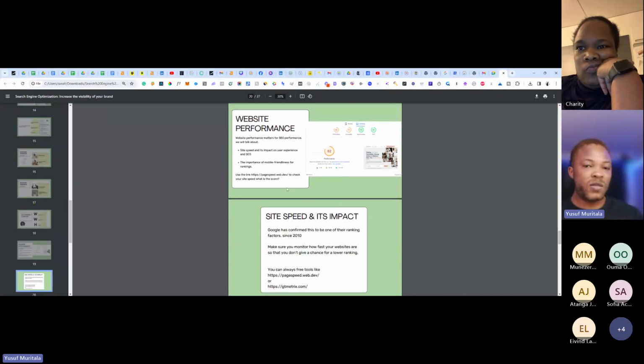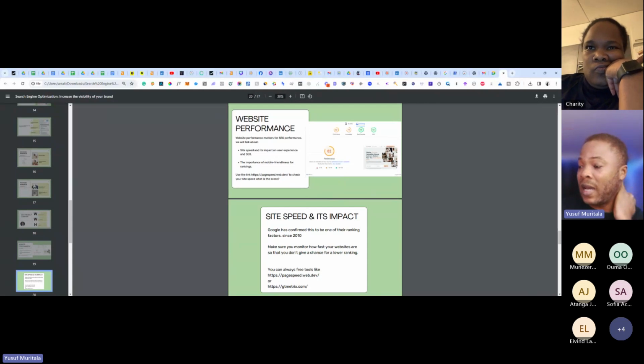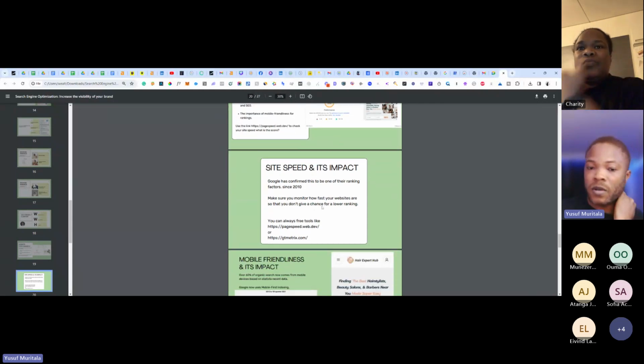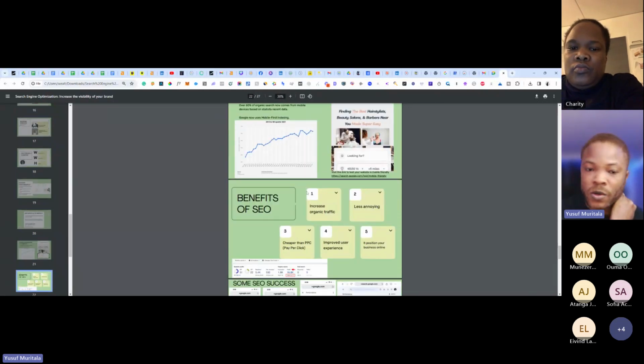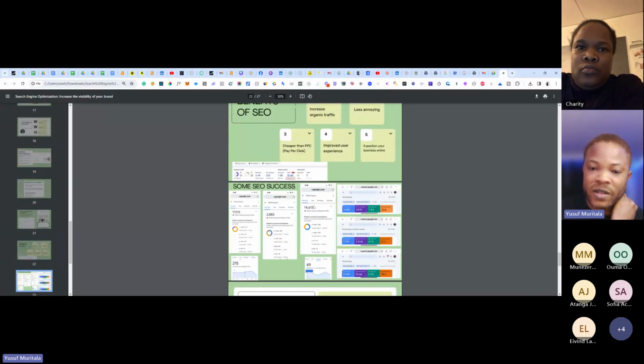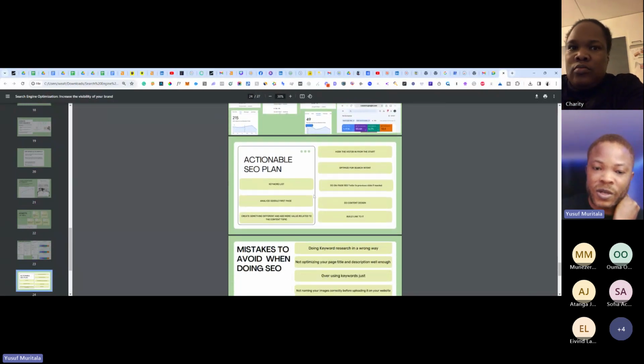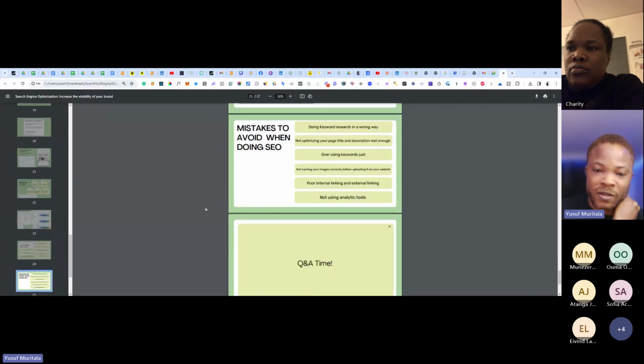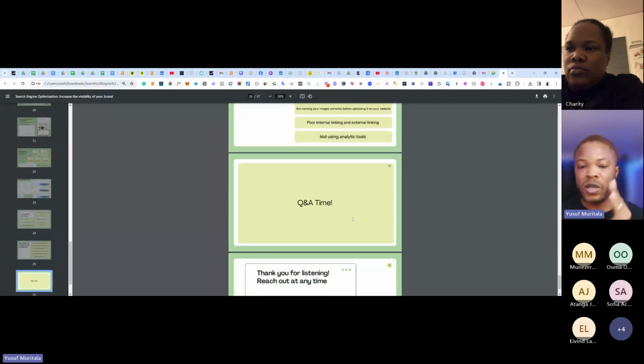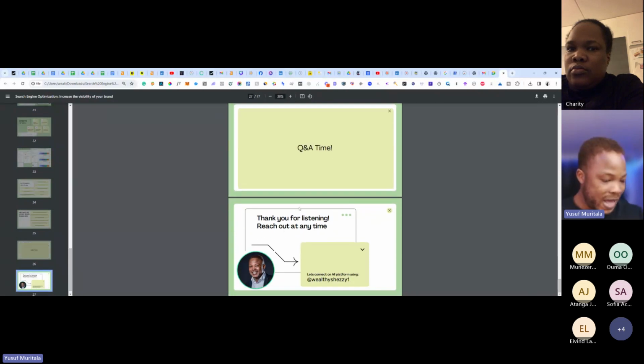For those using WordPress, we will use that to see how we can create one piece of content, optimize it and get it ready for search engines to crawl and rank it. We also shared some results, the actionable SEO plan and keyword list, which we are going to do today. Then we did some Q&A, and that was it for the last session.